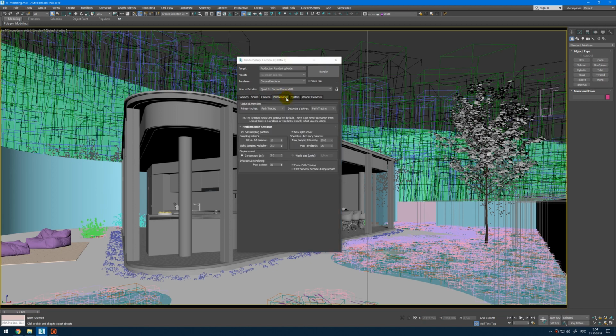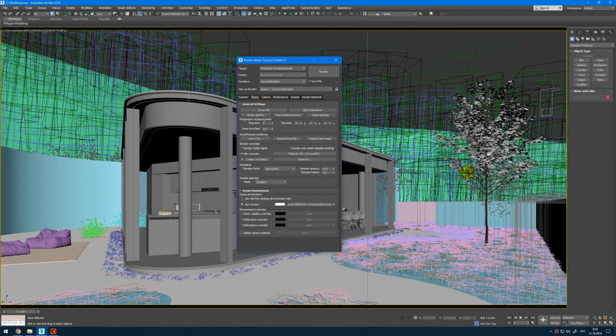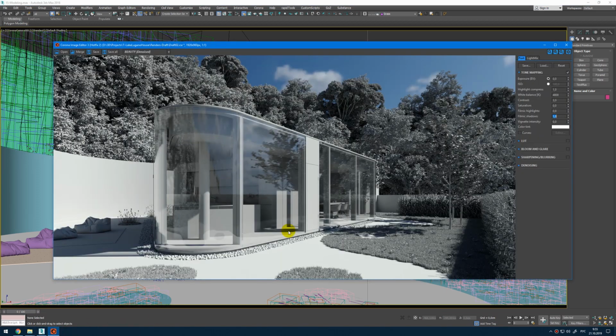Then we can go to the performance tab. Here, change secondary solver to path tracing and enable new light solver. And that's all. Then in the window with the camera press render, and in the end I get this